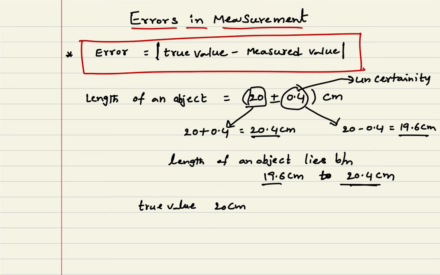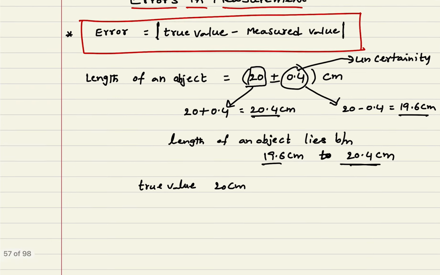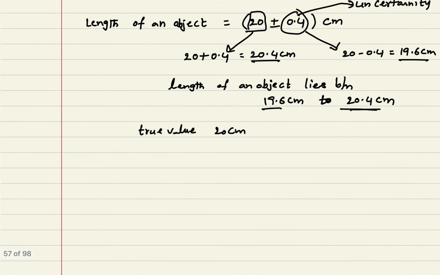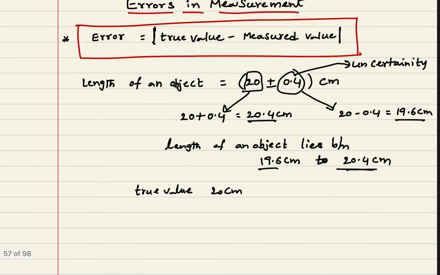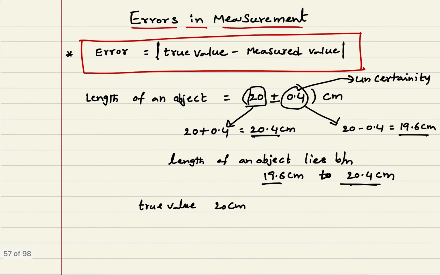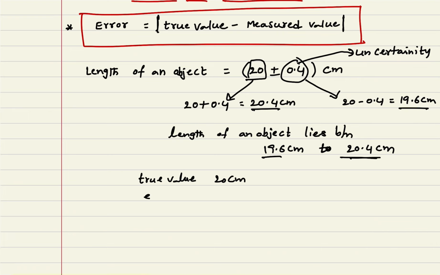So we can say that error is nothing but the difference between the true value and the measured value, so you will see what the true value and measured value are based on the given values in any problem. Here the true value is 20 centimeter, and the uncertainty, that is the error in the given value,